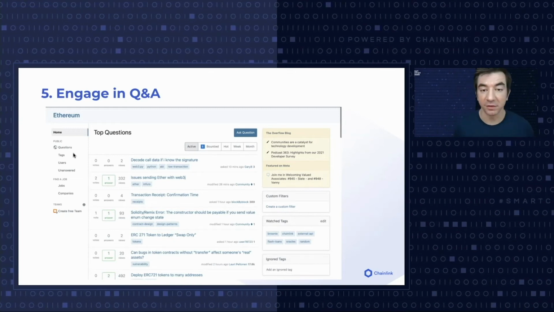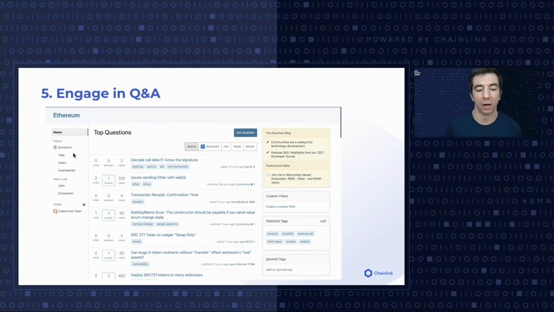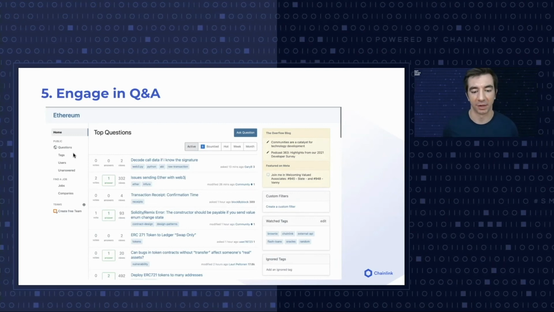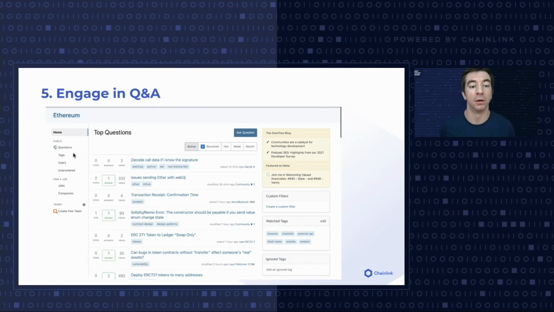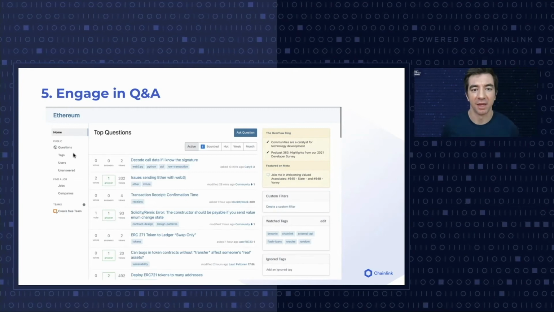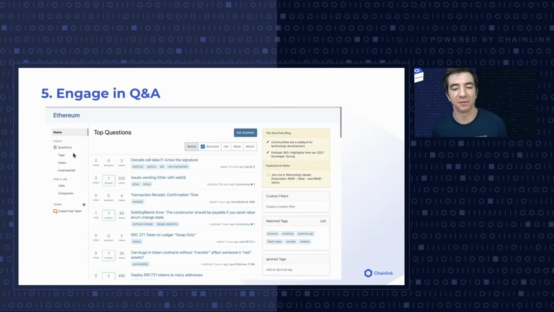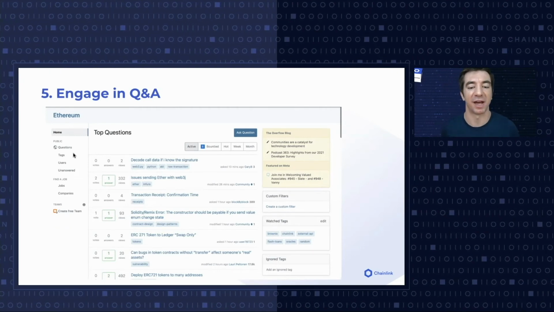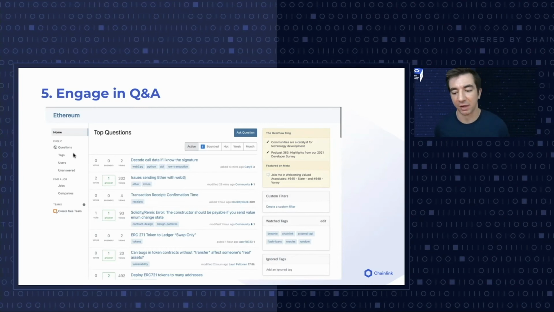And oftentimes I find myself scrolling through the questions, and maybe I know an answer to one and I'll answer it. In my research of those questions, I'll actually learn more. I'll be like, well, actually, I never thought about that. And I'll become a better smart contract engineer myself. But in any case, it makes me much faster, much more productive as a software engineer, because instead of scrolling